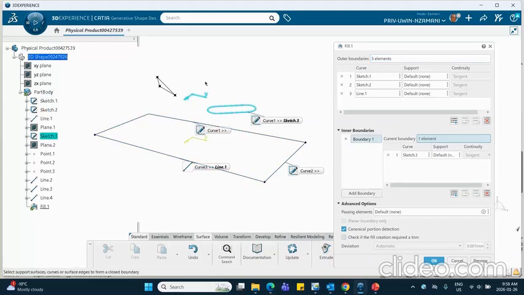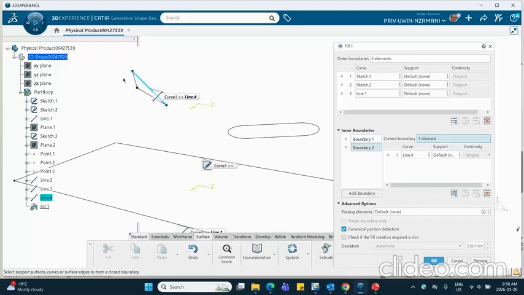Now I want to add another boundary made of these 3 lines. So I say add a boundary, and now I'm going to select these edges, this line, zoom in, this line, and that line, which makes a closed area, curve, and preview,